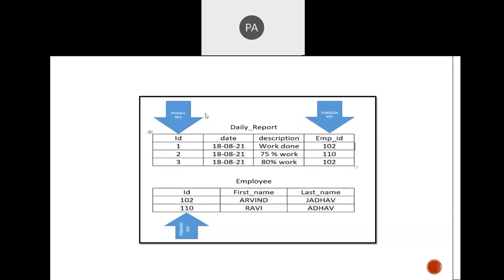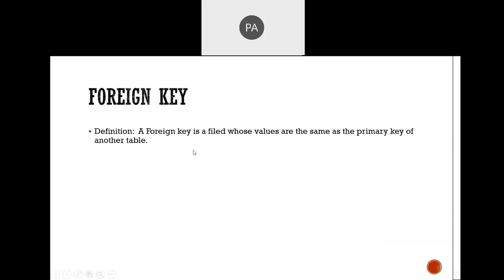Even we can use it like that. If it is a primary key 1, 2, 3, then we will use this ID column as a foreign key in the employee table. So ऐसा कुछ भी नहीं है, simply a foreign key is a field whose values are the same as the primary key of another table. So this is about what a foreign key is. And while learning the practical we will get a brief idea regarding that.